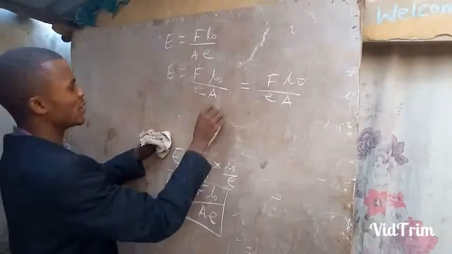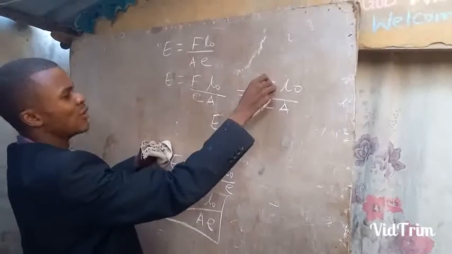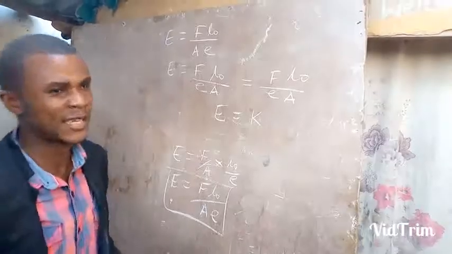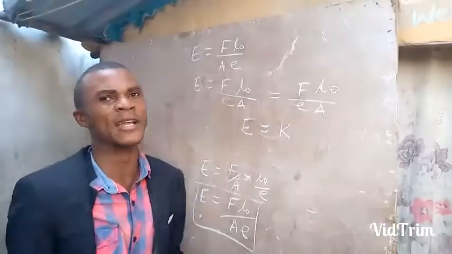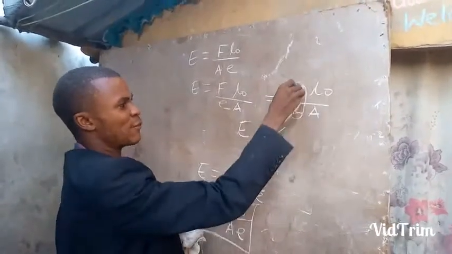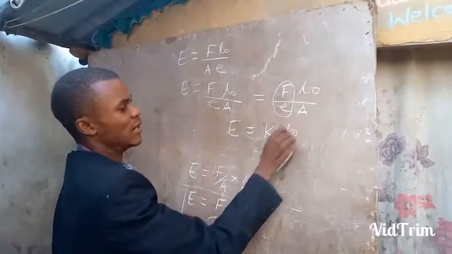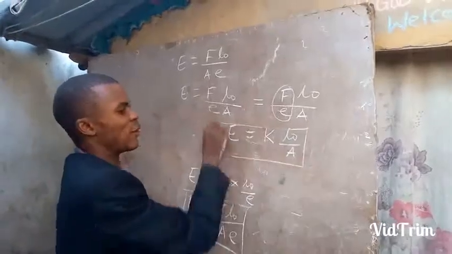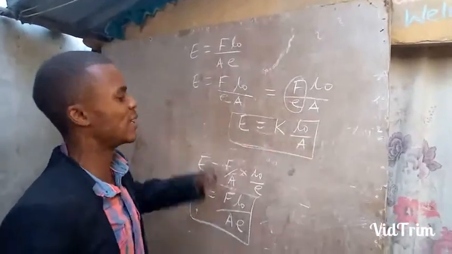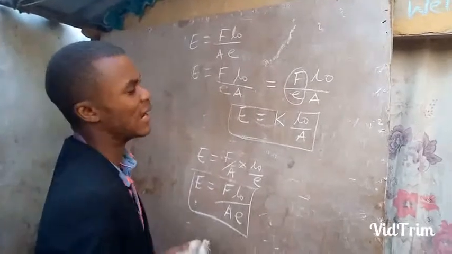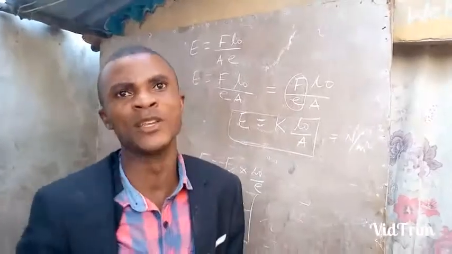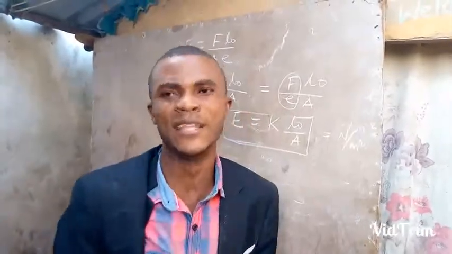So if that holds, we already know that F divided by e is known as the force constant K, from the first law. So if I put F over e as K, I will have L0 at the top divided by the area. Anytime the force constant is given, the force constant multiplied by the original length divided by area will give you the Young's modulus of that material. Young's modulus is measured in Newton per meter square. That means the SI unit of Young's modulus is the same as the stress of the material.